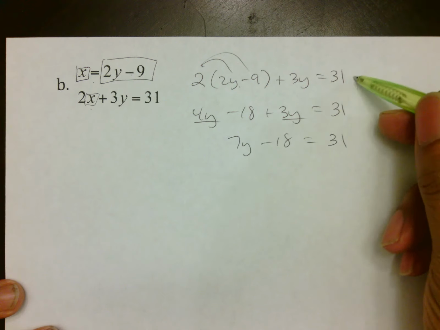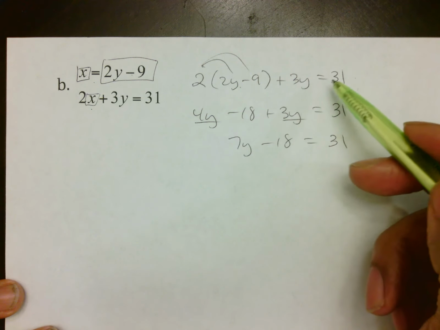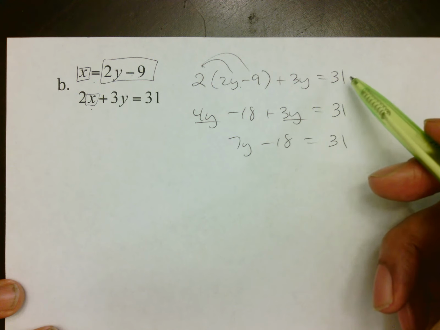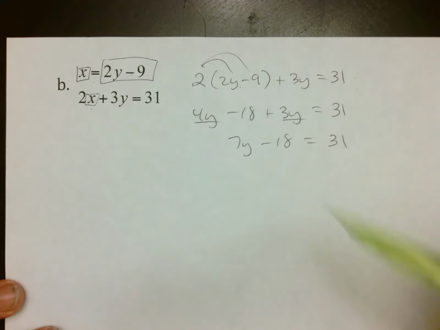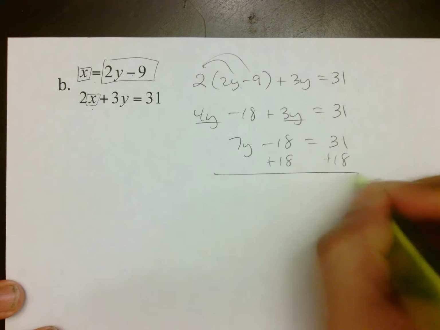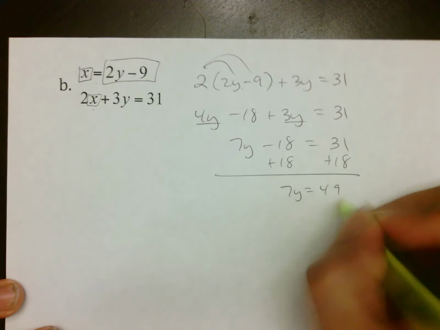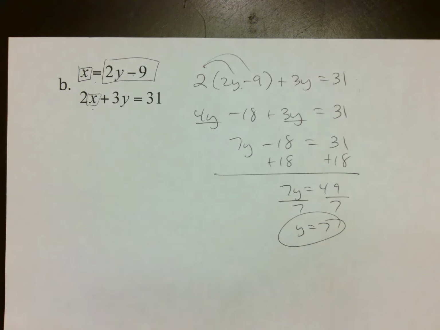First step should not be hard. First step, getting from here to here, should not be bad now, as you've seen a few of them, and again, you've had the opportunity to ask questions. Second step is not hard, to distribute. Third step, combine like terms, not hard, and again, from there, it's just a matter of basic algebra. 7y is equal to 49, divide by 7, and y is equal to 7,